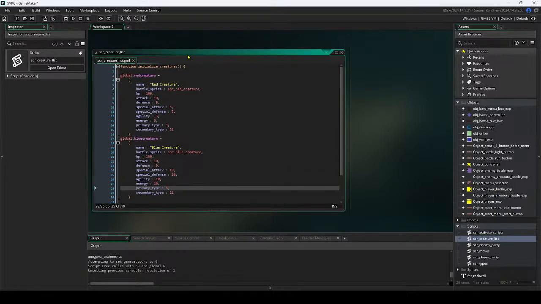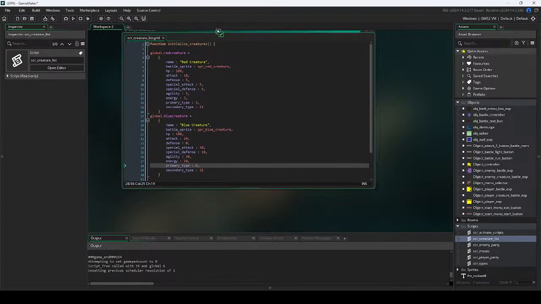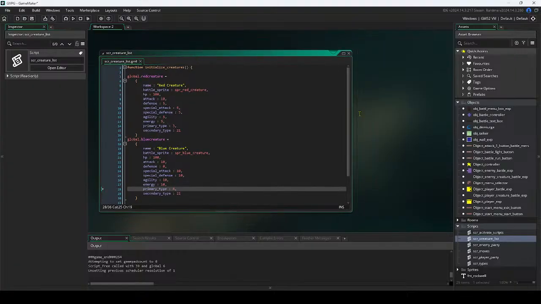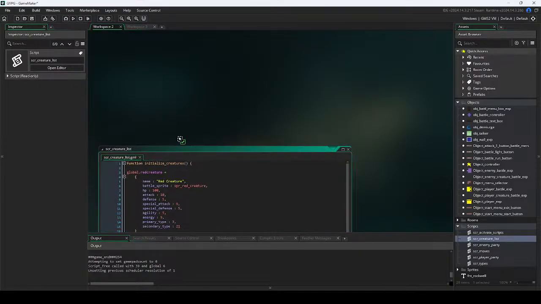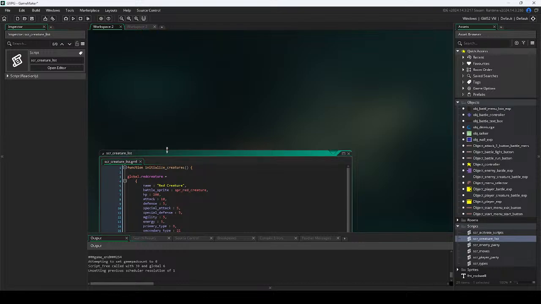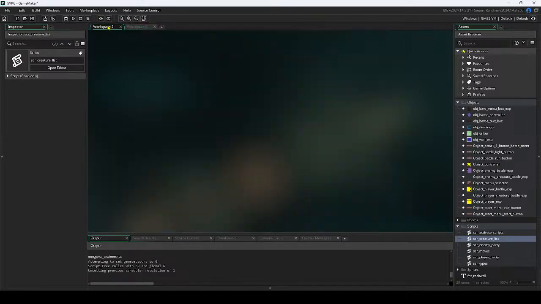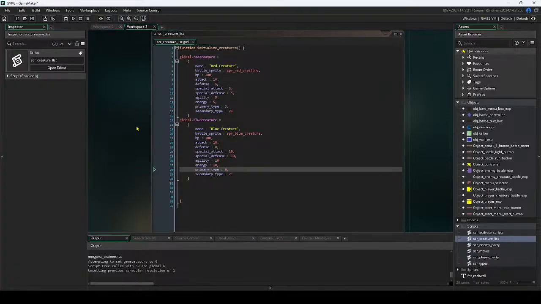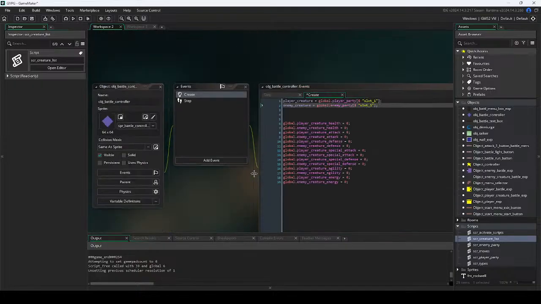I'll just dock it somewhere, or no, workspace 3. That'll set that, and then